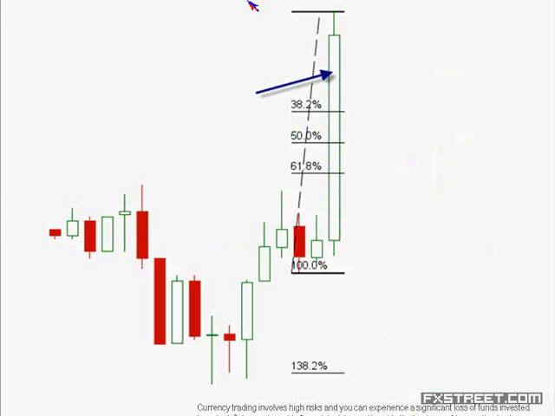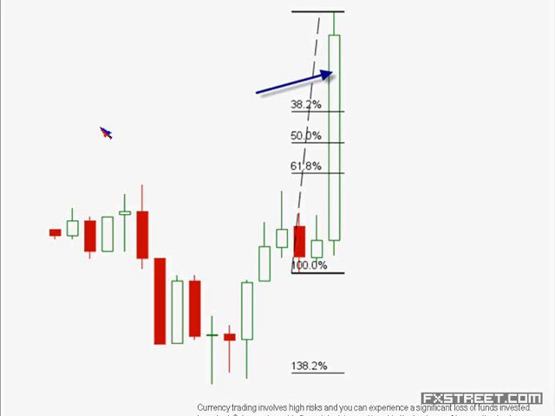The setup is that we actually wait for the breakout to occur. We wait for the announcement, we wait for the breakout to occur, and after the breakout has occurred, what we're going to do is simply anchor a Fibonacci on the last low to the current high, or the last high to the current low, and we just start tracking that Fibonacci every 5 minutes. We can drop it down to a 5-minute chart. Every 5 minutes, we continually move that Fibonacci retracement out further and further until it has